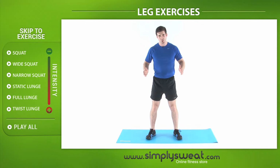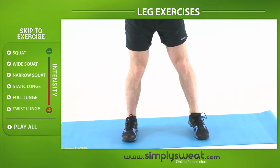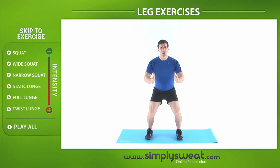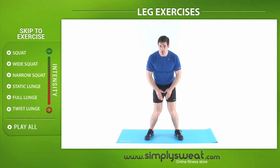However, if I were to squat down and my knees go inwards, you need to correct this. First way to do that, try turning the heels out a little bit more so your toes are pointing to the front. Sit down and that should have corrected the problem. If, however, it hasn't done and you find that by squatting you still get your knees turning inwards, what you